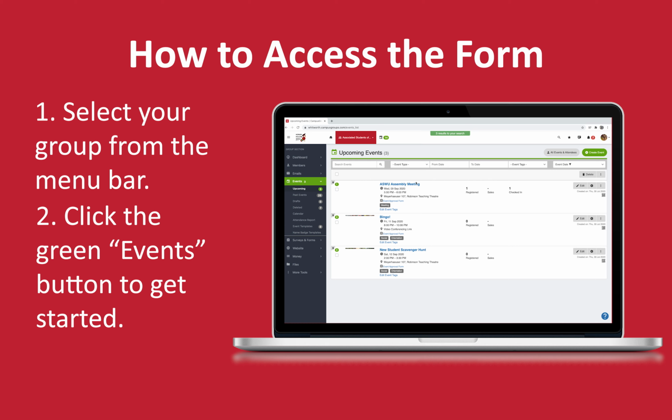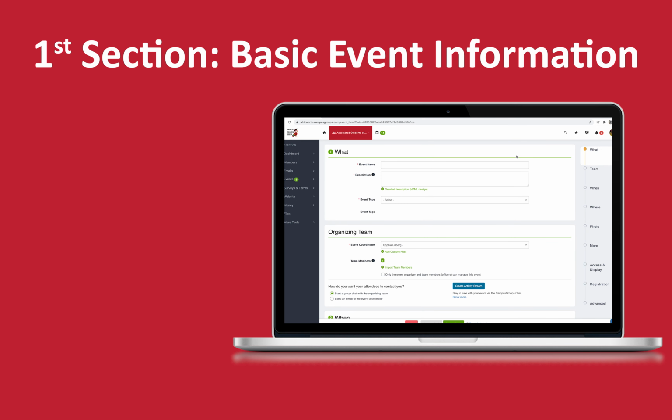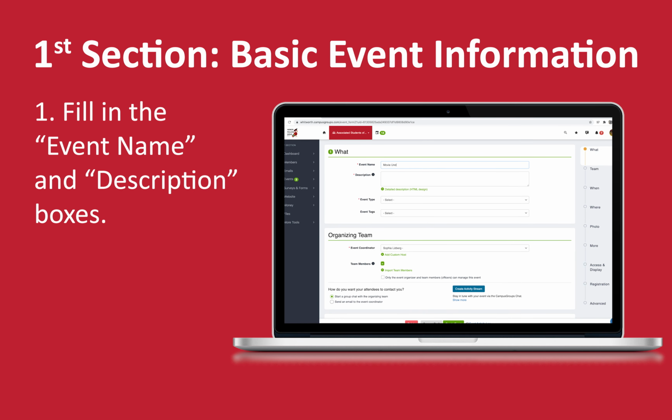Then the event details page will pop up. Filling out this form is super easy, but we will walk you through it. The first section is all the basic information about your event. Make sure you include a brief description of what the event is so it's easier to approve. In the event type category, most events will fall under social or meeting, but feel free to select what most